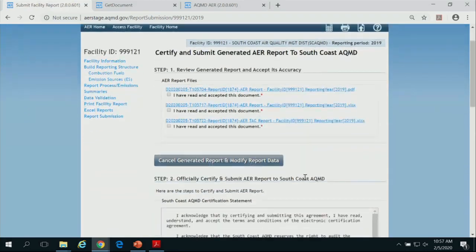All right. For you to submit, there are a bunch of checkboxes, meaning that by checking those, you're claiming that you've read all the different components of the report that is being electronically submitted. So first one is the PDF. There's a checkbox for that. The Excel, checkbox for that. So basically, you're indicating you read it, you agree with it.